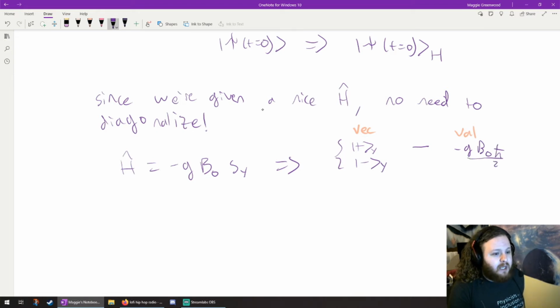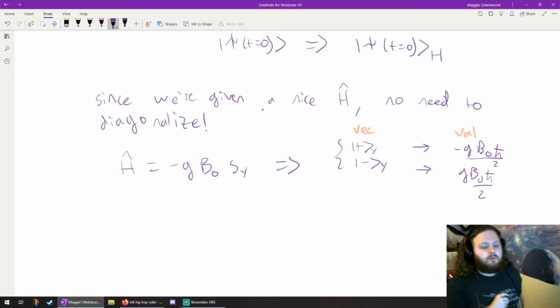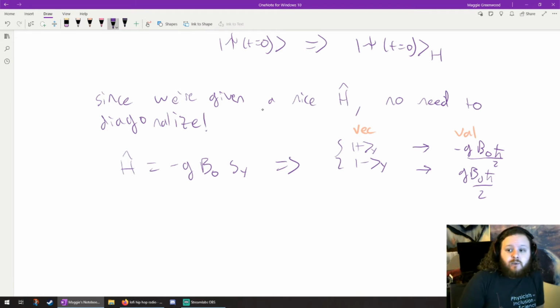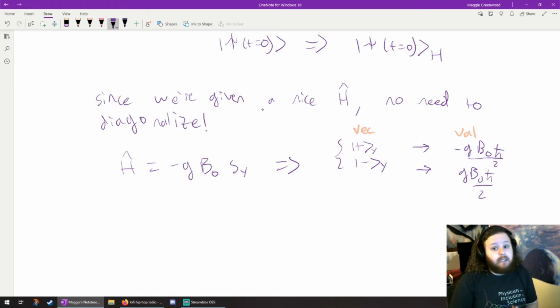And then the associated one with this one is going to be minus G B naught times minus h bar over 2, which gives me G B naught h bar over 2. Cool. So these are the eigenvectors and eigenvalues of the Hamiltonian that I've been given. And my state that I was given at t equals 0 is not written as a superposition of the Hamiltonian's eigenvectors. It's written in the x basis. So I need to take my initial state,